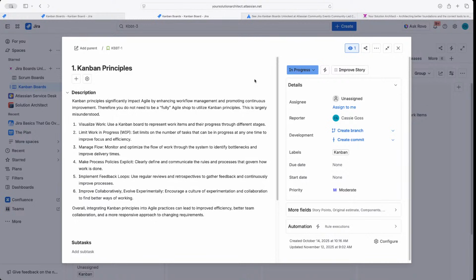3 is manage the flow. Basically, you want to monitor and optimize the flow of work through the system to identify any bottlenecks. And what does bottleneck mean? It just means if there is a certain step in your flow where things seem to get stuck and take a long time to progress forward, you want to figure out why. And using Kanban principles helps you actually identify these bottlenecks. And then ultimately, when you identify the bottleneck, you can usually solve it and improve your delivery time. 4,